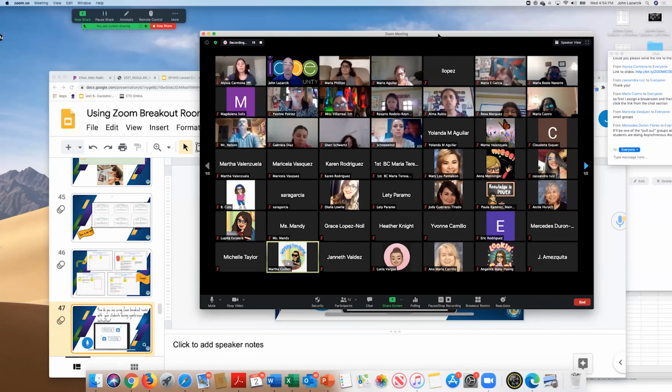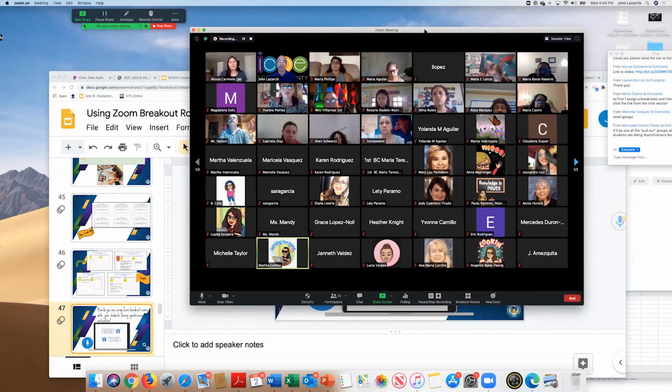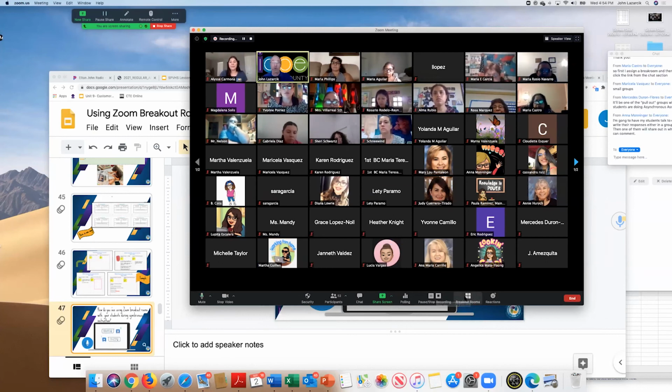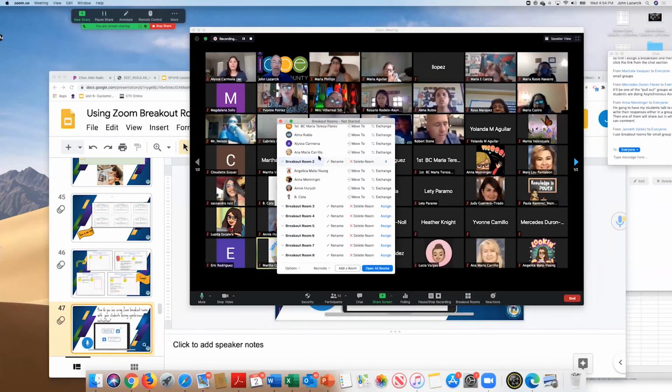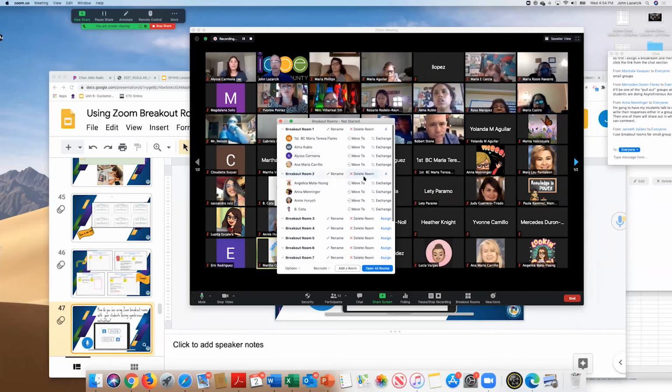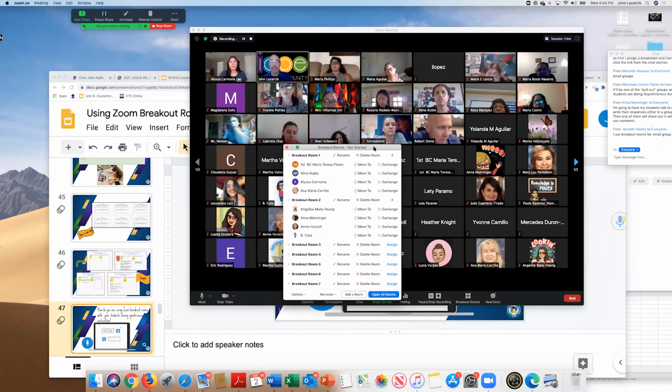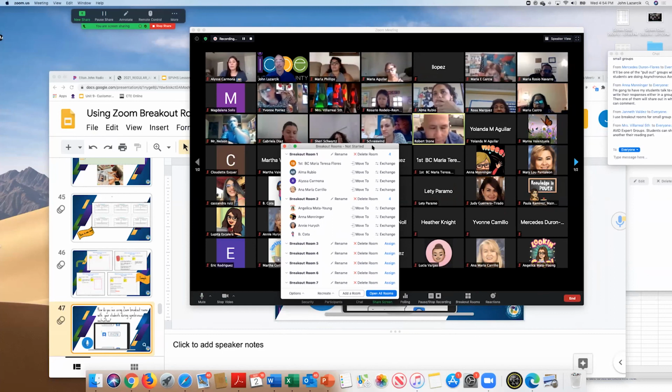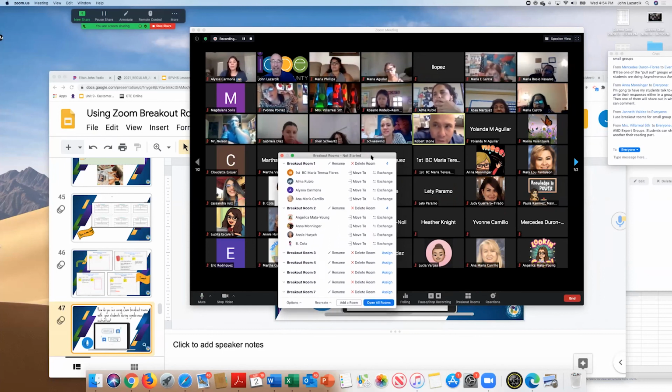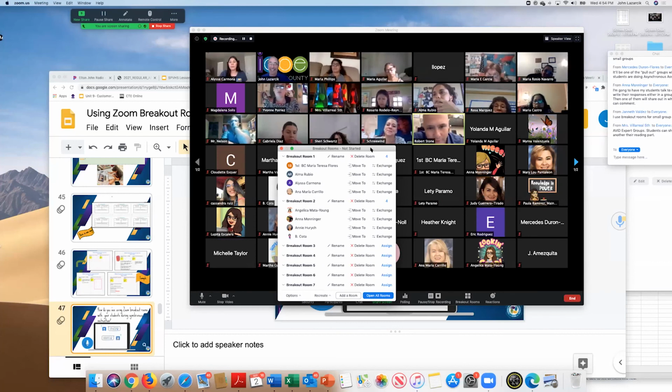Yeah, but you can send yourself into that other room because you can move yourself to another room. Remember how you can move people from group to group? Oh yeah, so if I'm the host. Yeah, you can do that. Yeah, if I'm the host, and I'm John Lazarczyk, but I'm also in breakout room 2, there you go. I can move myself into different breakout rooms. Yeah, but you have to use a different Zoom account. So you'll probably have to use the John Lazarczyk at Gmail, and then the John Lazarczyk, the master at Gmail, and then you can use 2 computers, and then you can do that if you want to get creative.